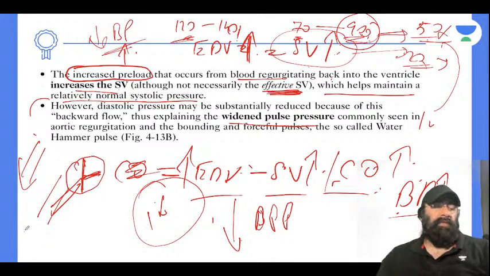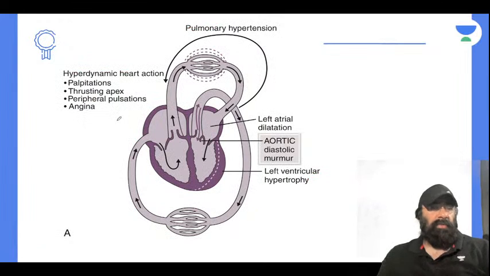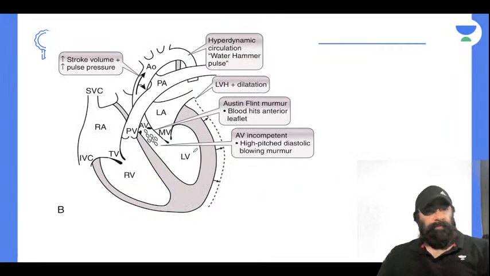Okay, so there is a wide pulse pressure which is commonly seen in aortic regurgitation, and because the total systolic blood pressure is increased, it will be forceful bounding pulse. It is called water hammer pulse. Water hammer pulse को ये समझ लिया हमने. So this is how the hyperdynamic circulation, aortic diastolic murmur of regurgitation is coming, because obviously regurgitation will happen when the ventricle are relaxing, and it's a diastolic murmur. So that's what it is. Okay, then